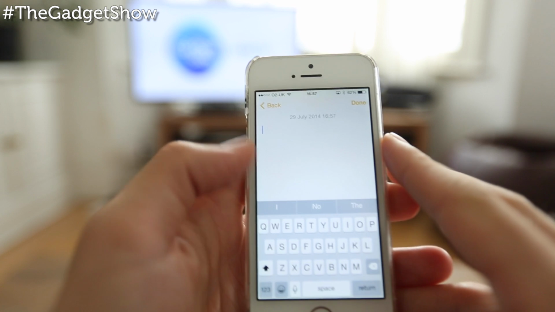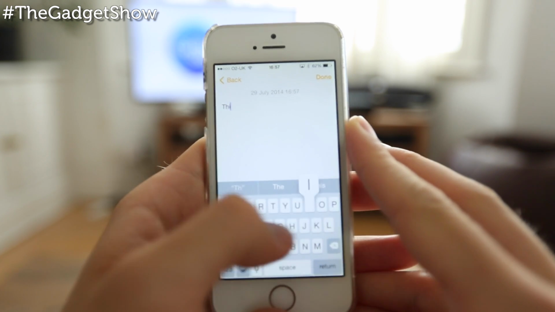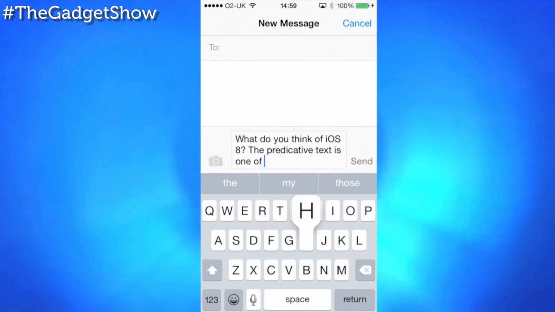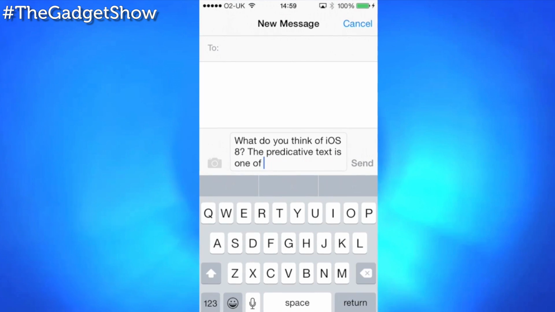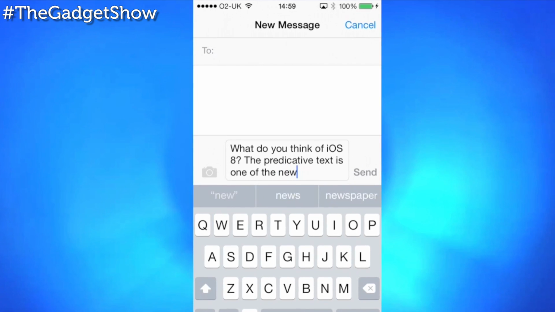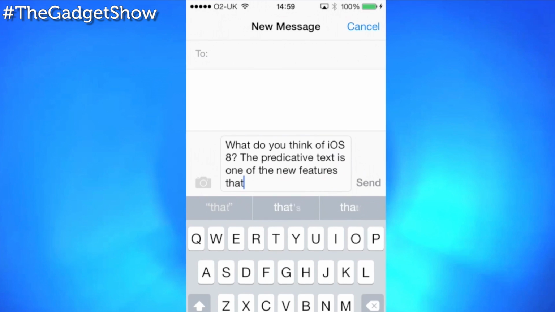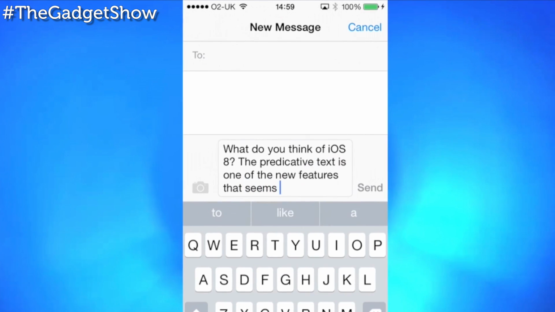For starters, iOS 8 features a new QuickType keyboard, which brings predictive text to the Apple camp for the first time, which catches up with Android. And it's context sensitive and personalised, learning how you speak to various friends and colleagues and adjusting its suggestions accordingly. So for instance, it will give you different options if you're